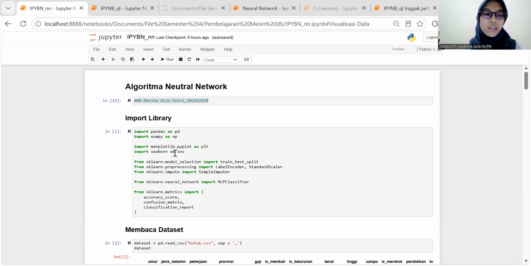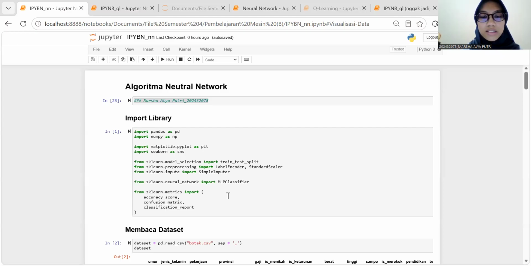For machine learning, we use several modules from Scikit-learn, such as SimpleImputer for handling missing values, LabelEncoder for converting categorical data into numbers, StandardScaler for scaling the features, train_test_split for splitting the data,